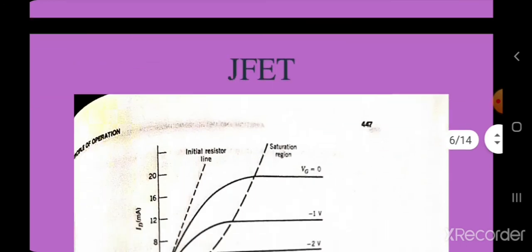The total resistance R of the channel is obtained by integrating from x = 0 to x = L, giving R = (1 / (2q μn Nd Z)) ∫ dx / (a − Wx), with limits 0 to L. Since Wx is larger than W0 at all points except at x = 0, R is larger than R0. Thus it is clear that the channel resistance R increases with the increase of Vd. This increase in R causes the drain current to fall below the initial resistance line, as shown in the curve. Vd = 0 over here in this figure.